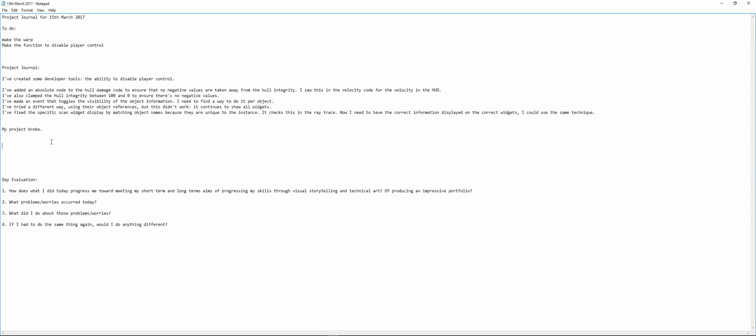And then I started creating developer tools to disable the player's input, so I can control that via booleans. So you can see here, I created the ability to disable the player controls. I added an absolute node to the hull damage so that it doesn't go into negative, because I saw it in the velocity